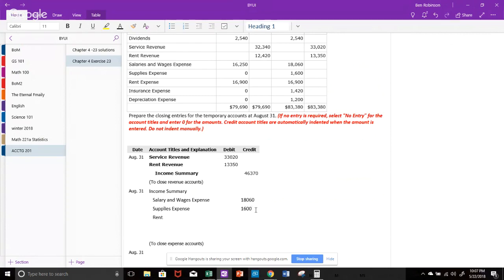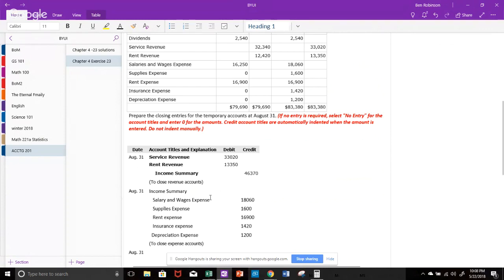For that, we have rent, and 16,900. Then we have insurance expense, 1,420. And the last from up above, depreciation expense, and that's $1,200. So if we add all of those together, from salary and wages expense down to depreciation expense,